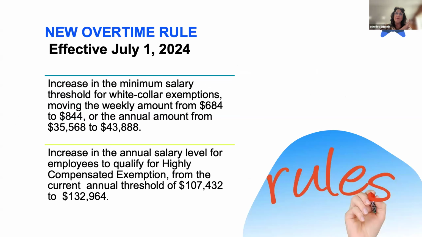So the changes that are going into effect: the first is that the weekly minimum salary requirement has increased from $684 a week to $844 a week. So if you're paying anyone salary effective July 1, the minimum salary to be exempt is $43,888. If you have employees that are exempt because they are in the highly compensated exemption, and I'll explain what that term means in a little bit,